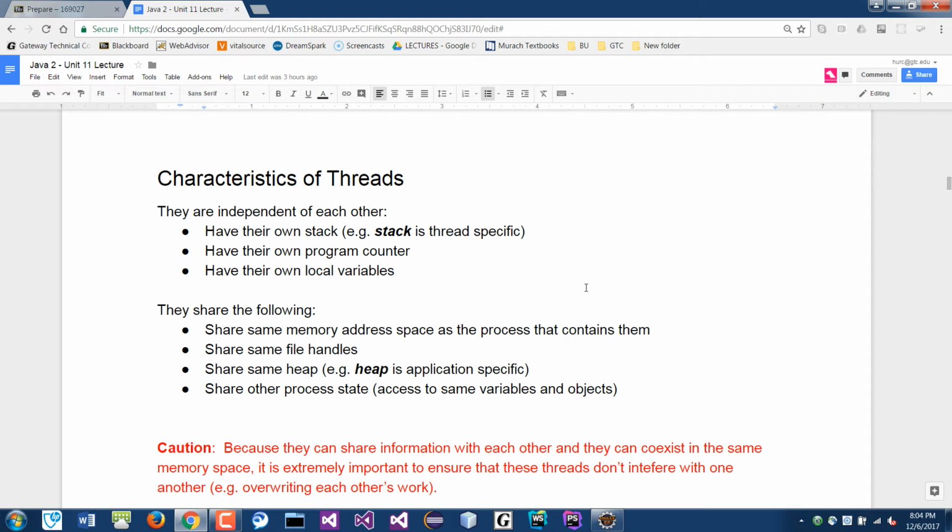So some characteristics of threads: they are independent of each other, that's for sure. Okay, it's like how you have a class, right? A class is a template, and when you instantiate an object out of a class, that object is completely independent of the others, right? So you can instantiate 2 or 3 or n number of objects out of the class, and each of those is completely independent. So a thread is kind of similar in that nature,